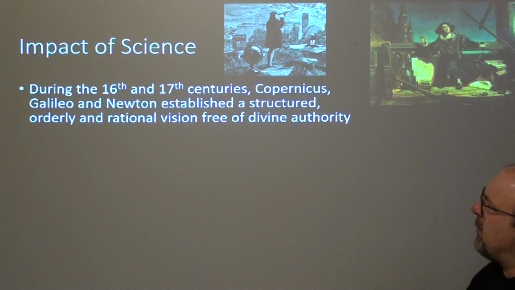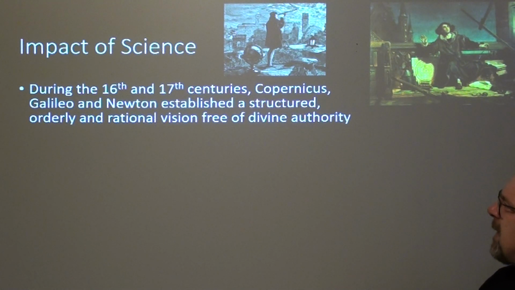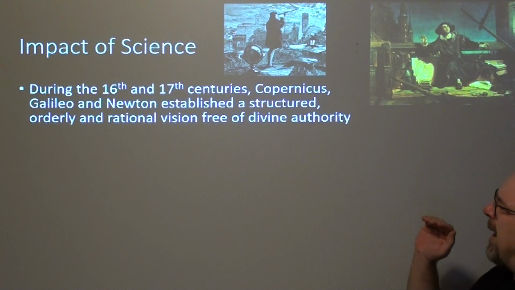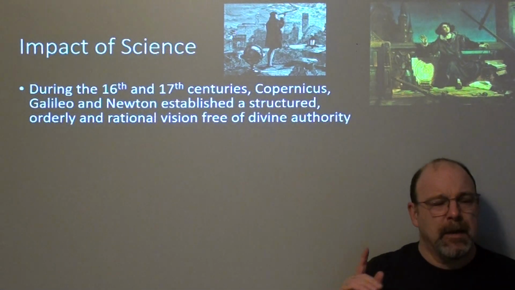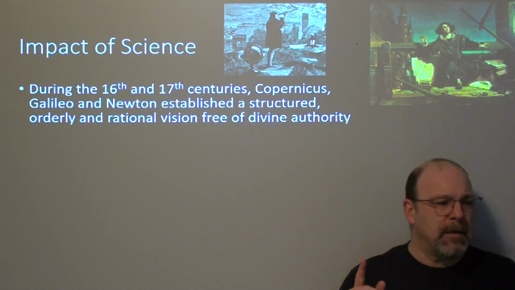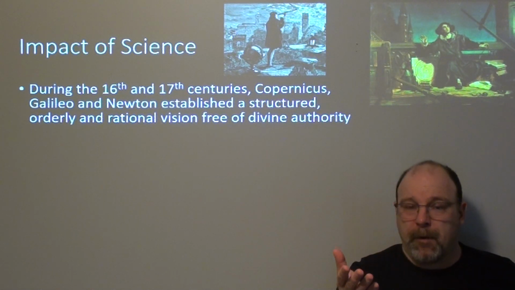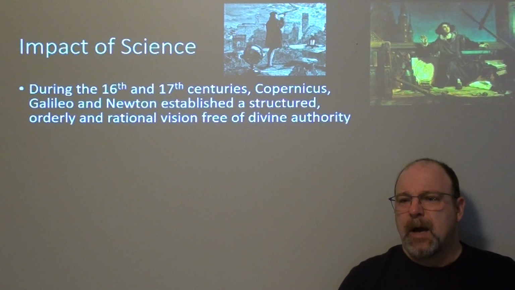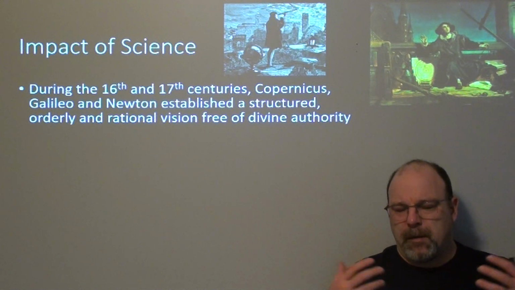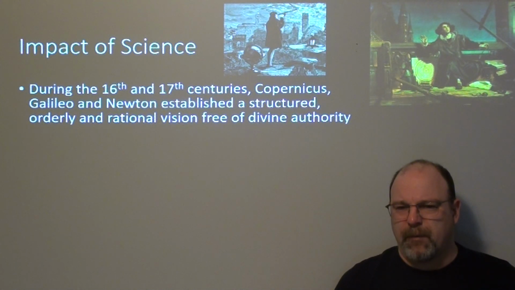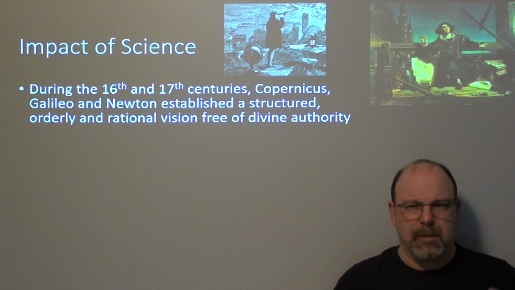During the 16th and 17th centuries, Copernicus, Galileo, Sir Isaac Newton established a structured, orderly, and rational vision free of divine authority. Okay. Now we should note too that when Copernicus, Kepler, many, many more decided to investigate the solar system and come up with ideas of how the Earth revolved or where the Sun revolved, and did the Sun revolve around the Earth or was it the other way around,